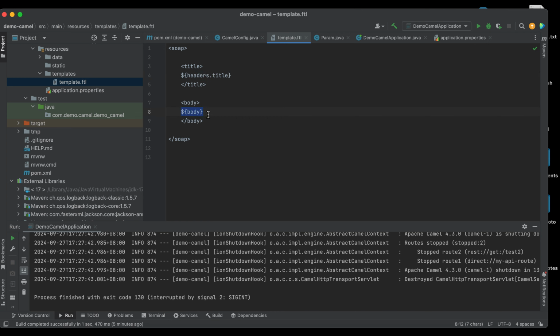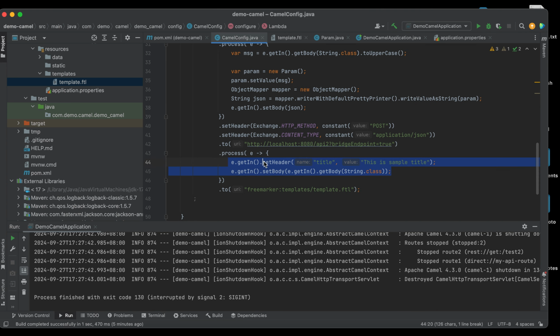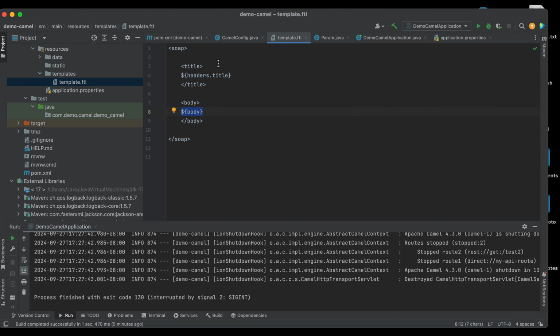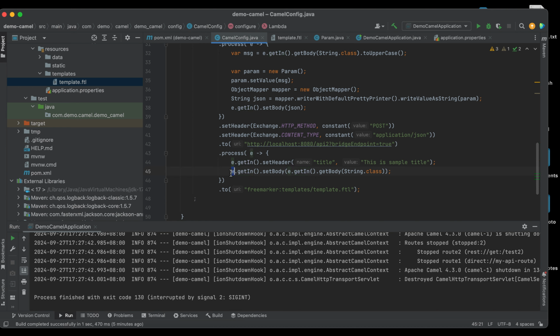This is how we pass it in Java. For the header title, we set the header with the key title, then whatever value we want. For the body, we get in function, then set body. Whatever value you pass here, in this case, for demo purposes, I just pass the result of this API.